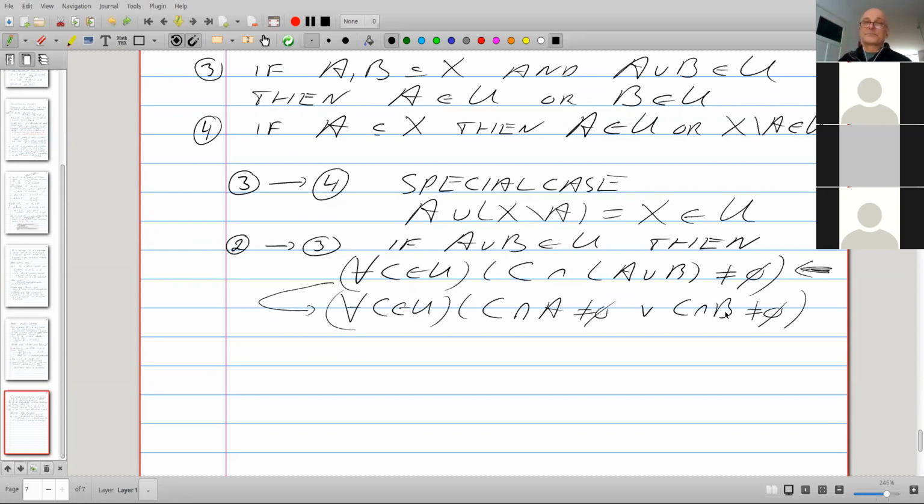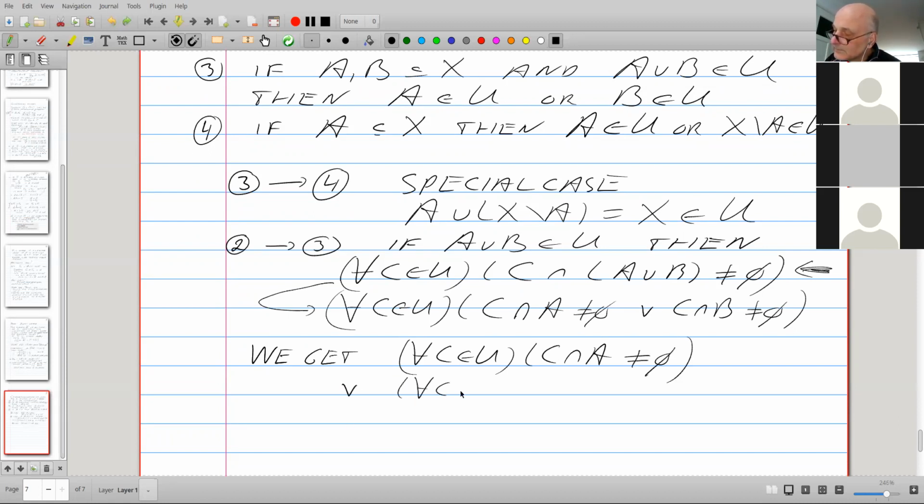What we can do, and this is not always the case in arbitrary logical formulas, keep that in mind, is distribute the universal quantifier over the two things that we take the disjunction of.